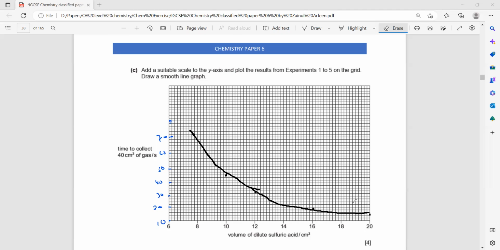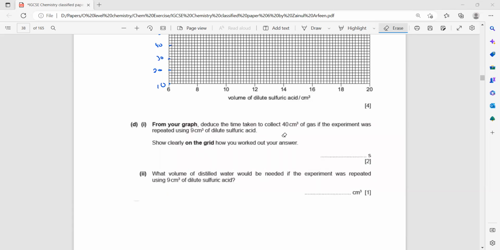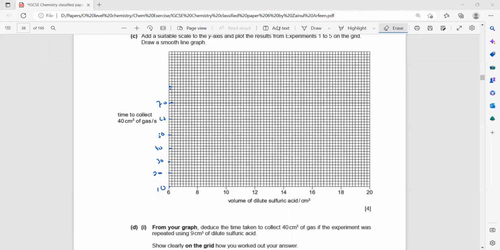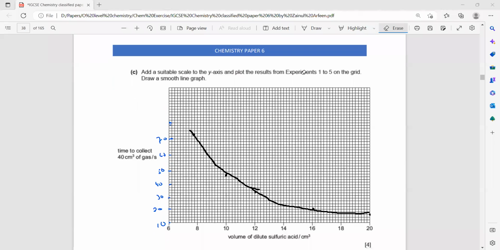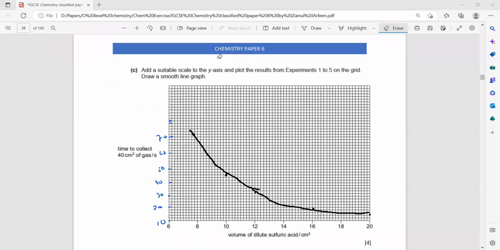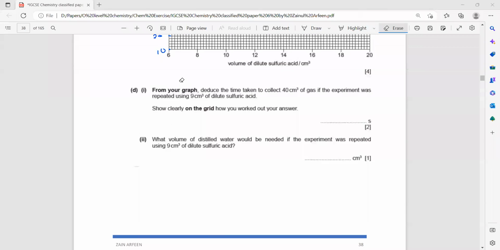And then from your graph, deduce the time taken to collect 40 cm cube of gas using 9 cm cube. So you have to draw a line from 9 cm cube and find how much, according to your graph, gas is collected. And then what volume of distilled water would be needed if the experiment was